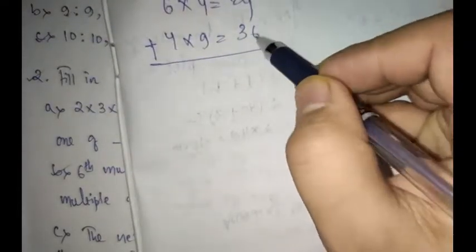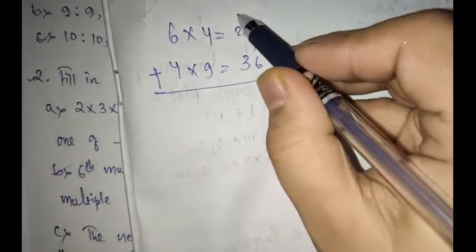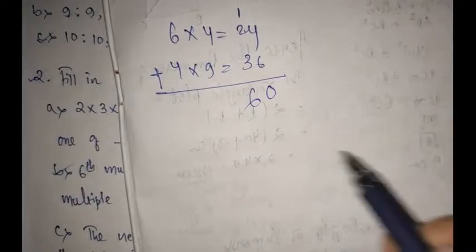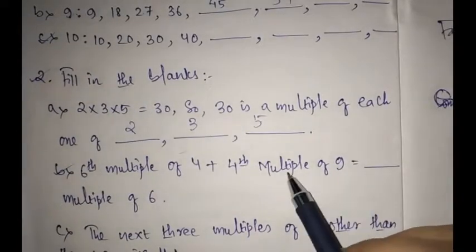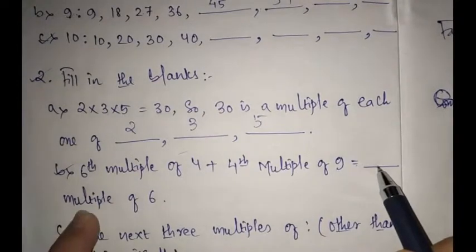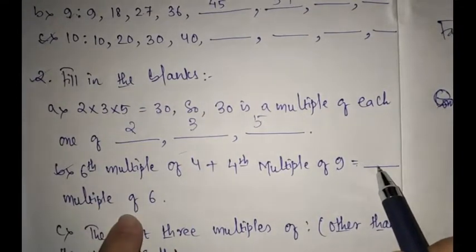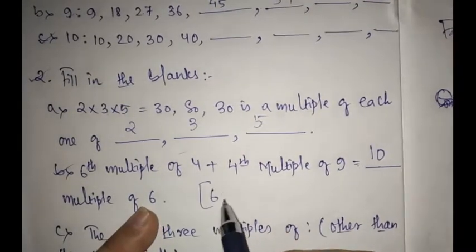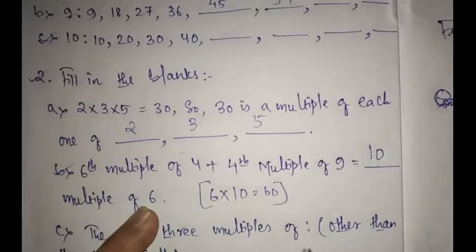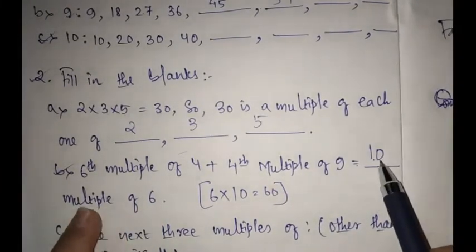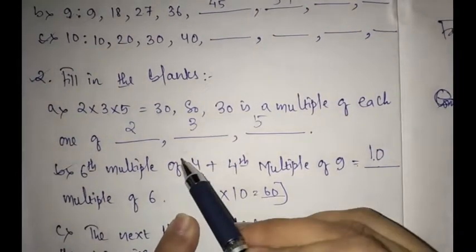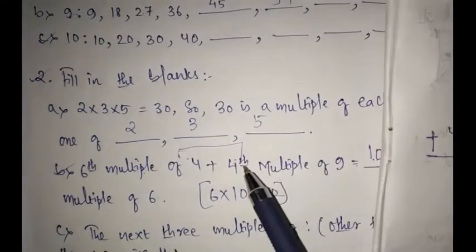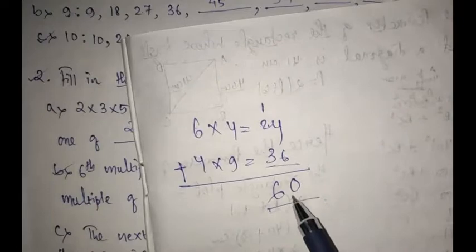So what you are going to get, 6 plus 4 is 10 and 1 here, 2 plus 1 is 3, 3 plus 3 is 6, right? So 60. What you got is a multiple of 6, in which table? 10 multiple of 6. Why? Because 6 into 10 is equal to 60, no? So you will not write 60 here, you will write 10 multiple of 6 will make 60. So after adding these two numbers, 24 and 36, you will get 60, right?